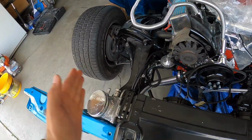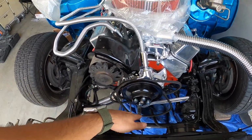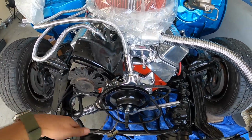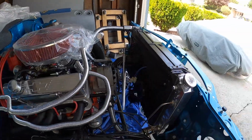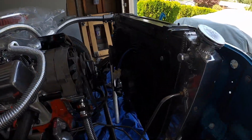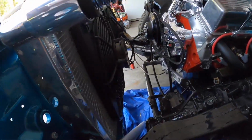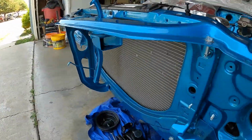So all I did was just shift it over this way. It also is more centered with the block. Hopefully, maybe. Yeah. That's what it looked like. I was thinking about installing it on this side,